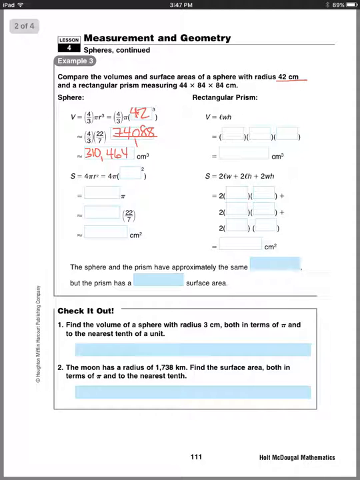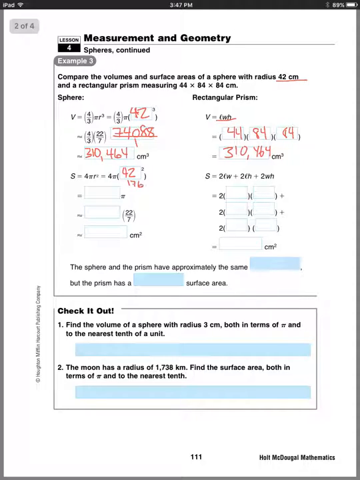Now we're going to find the volume of the rectangular prism, length times width times height, which means we just multiply the 3 numbers they give us, 44 times 84 times 84, which is 310,464. Okay? Those look to be the same number. Now we need to find the surface area of the sphere. Remember, we have 4 pi r squared. Our radius is 42, so we're going to put that in for r. Now we're going to do 42 squared, which is 42 times 42,